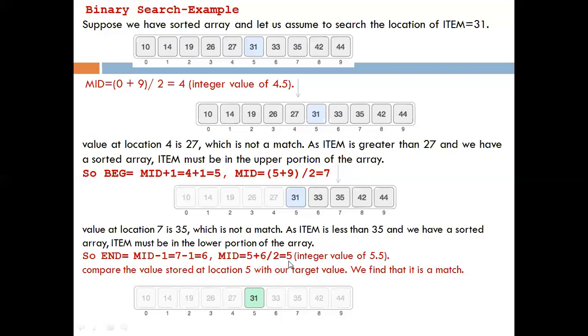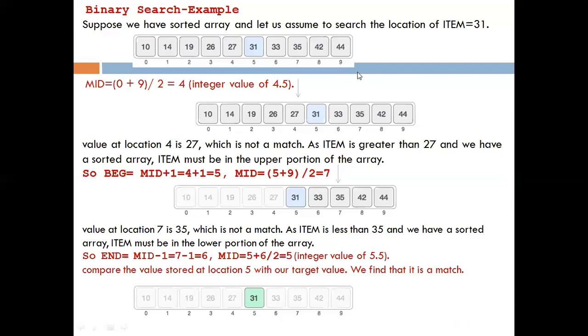So our sublist is 5 to 6 and the mid element becomes 5. At this mid 5, we have value 35, and the value of item, that is which we want to search, is also 35. So this is a match. That means the element is found. In this way, you can see that after each comparison, the list becomes half.